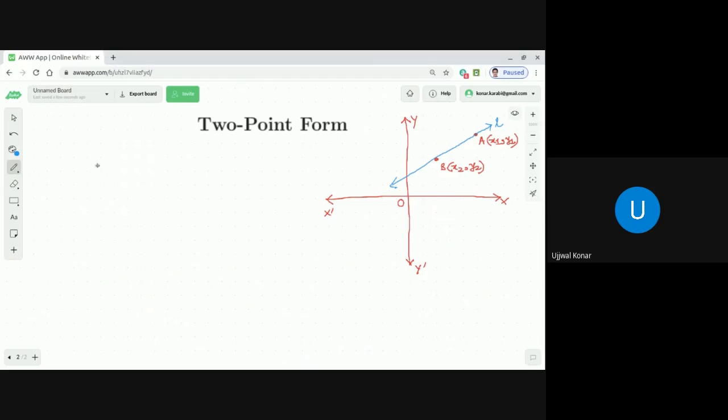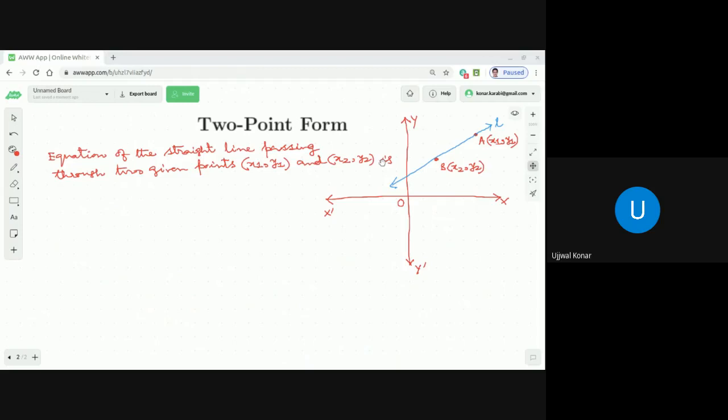The equation of the straight line passing through two given points x1, y1 and x2, y2 is, let me write it down,